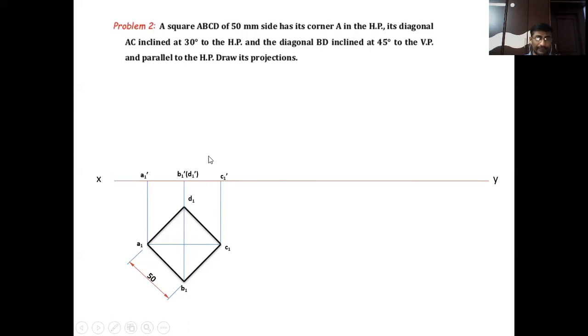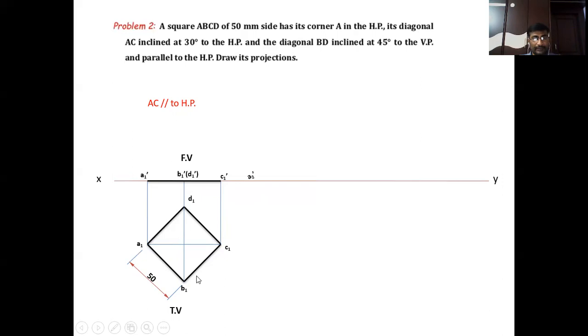Then the next point is C1 dash. These are the points which appear in the front view. Join those points, and we will get the line. This is the line which represents the front view of this square, when the surface of the square is parallel to HP. Clear, students? That is the front view of the square. This is the top view of the square. This is the front view and top view. This first stage occurs when the diagonal AC is parallel to HP. In that case, we will get this top view and front view.